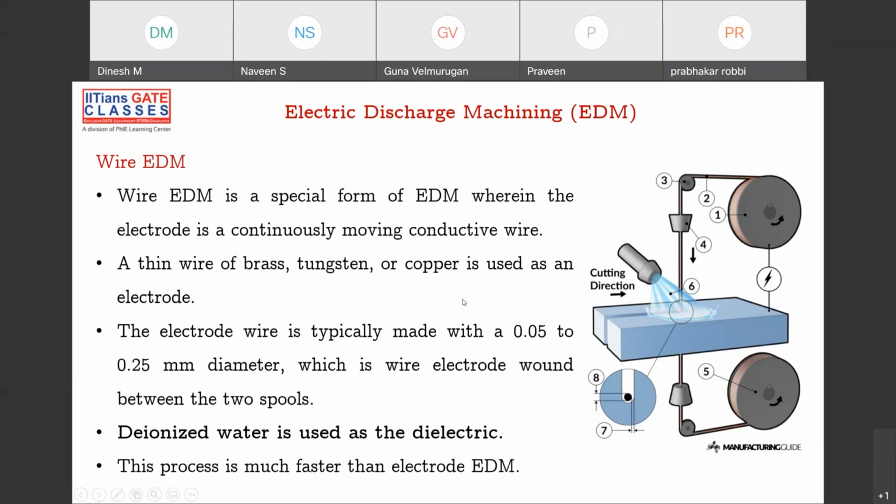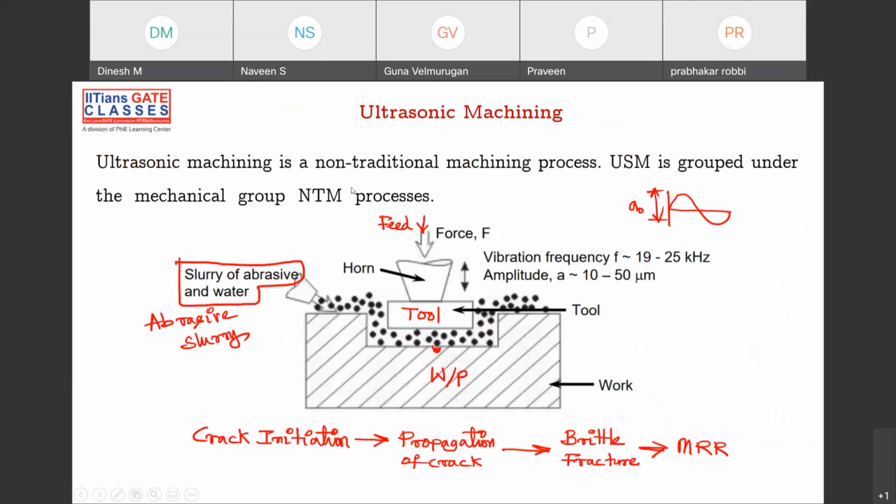Fine. So next is ultrasonic machining. In ECM and EDM, I mentioned that the workpiece and the tool have to be electrically conductive. So what if your workpiece is not conductive? It's not necessary that every time you are machining electrically conductive materials. Electrically non-conductive materials also should be removable, with good precision. So then there comes